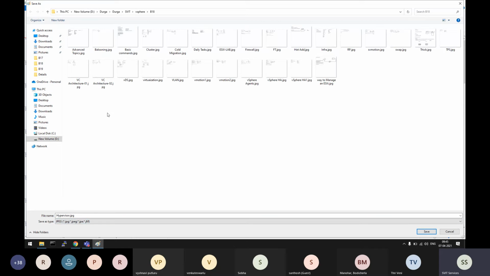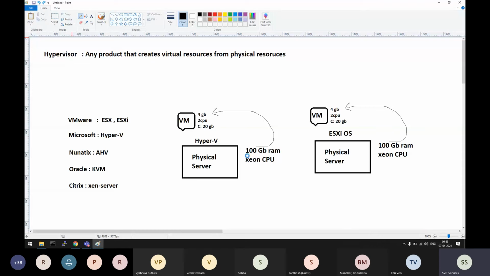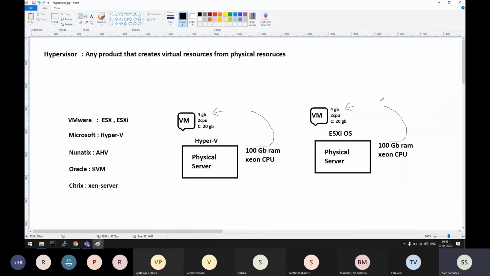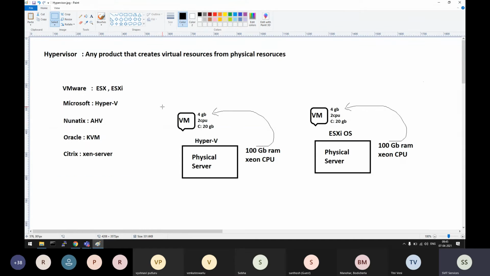Just for our knowledge and interview point of view, you should know what a hypervisor is. Clear? Any questions from remote? Manju, when you said ESXi is outdated, you have to use the terminology hypervisor at interview.